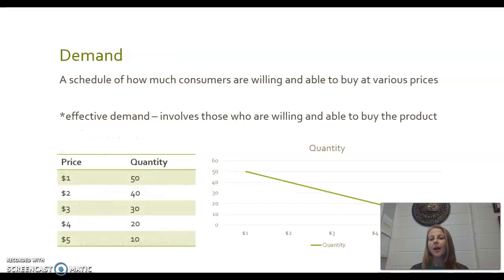So here, if I have a product that is $4, I can sell 20 of those items at $4. But if for some reason I need to reduce the number that I sell, I can simply raise the price by $1. Or if I need to increase the number that I sell, then I can inversely reduce the price to get the quantity of demand that I want,